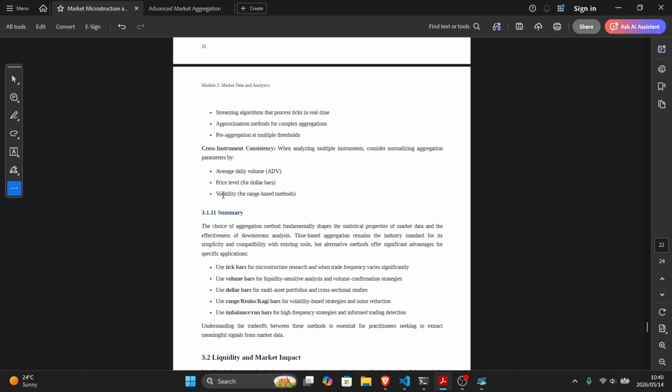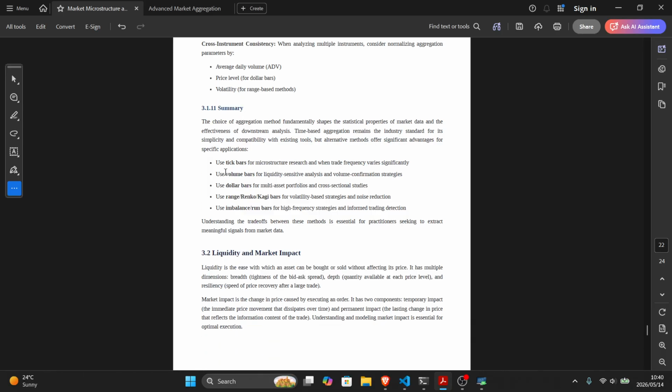Price level, volatility. Summary. The choice of aggregation method fundamentally shapes the statistical properties of market data and the effectiveness of downstream analysis. Time-based aggregation remains the industry standard for its simplicity and compatibility with existing tools. Time-based aggregation,